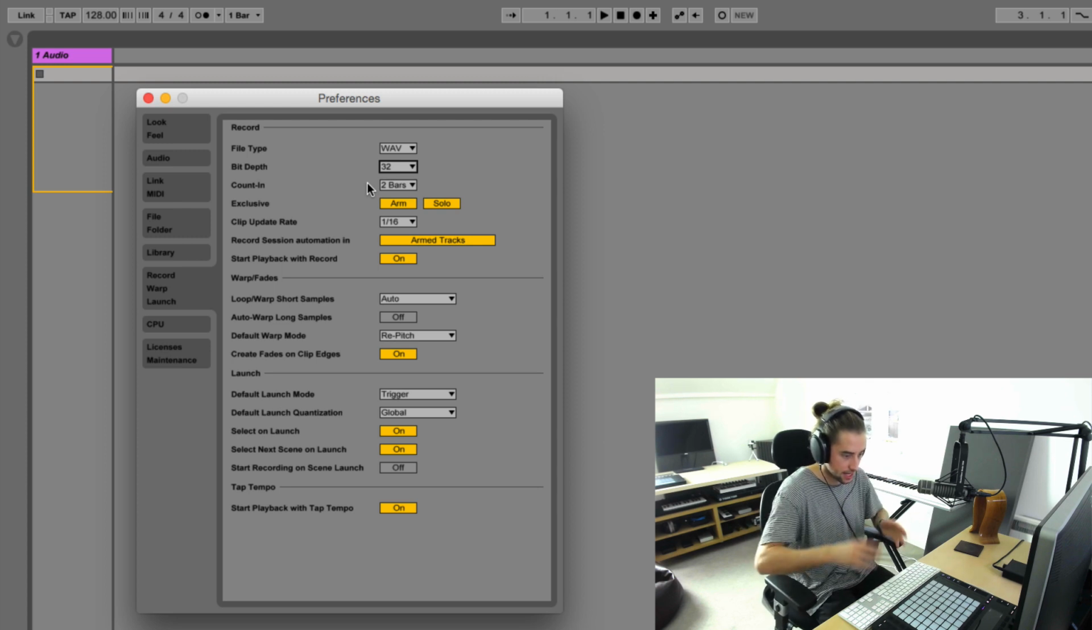Next is the count-in. What the count-in does is it counts you in when you're about to record something. It could be a bit of MIDI or a bit of anything at all, and that's useful because that gives you time to get ready. I think by default it's set to none, so change that to 2 or 4, depending how long you need to get yourself ready. I like 2, so I go